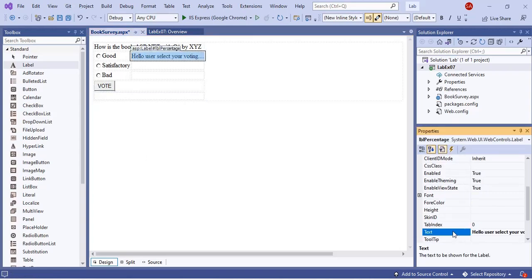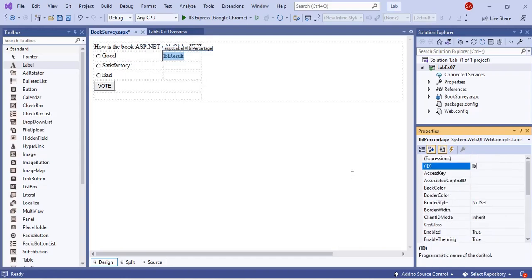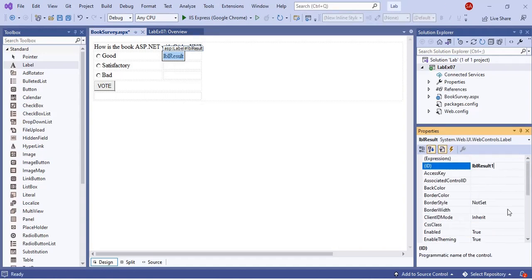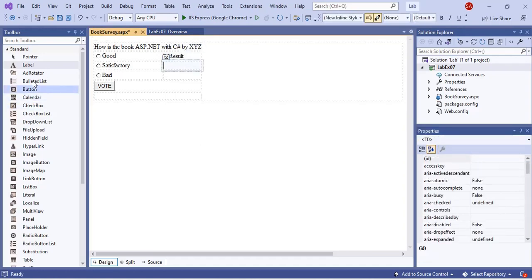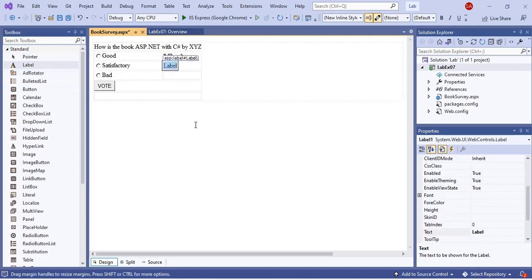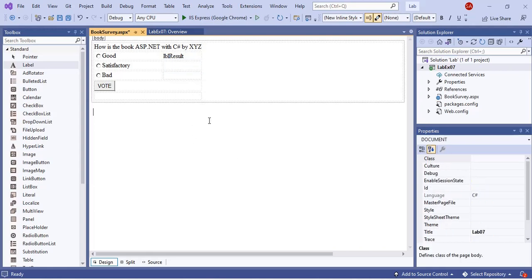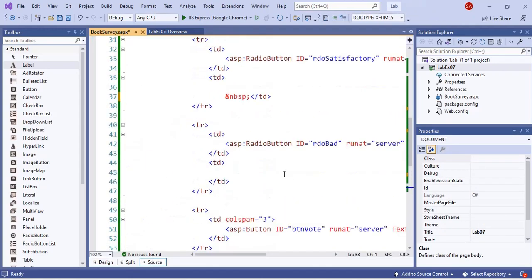Okay, now you remove this label, give the name result one, label result, and come up, you just change the id label result. Okay, give the proper name table result one, because we are going to have three different results. You add another, you keep the cursor here properly, you keep the cursor in second cell. Otherwise, if you are struggling to place the cursor properly here, I tell you another alternate approach. You come and keep,